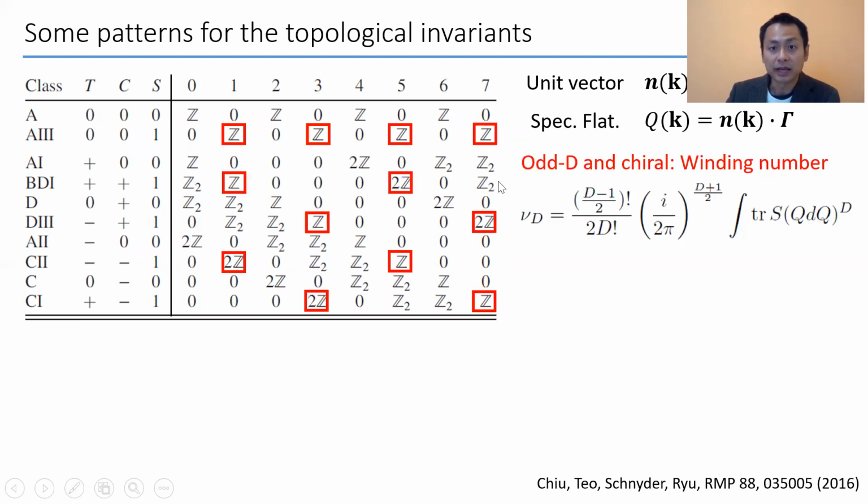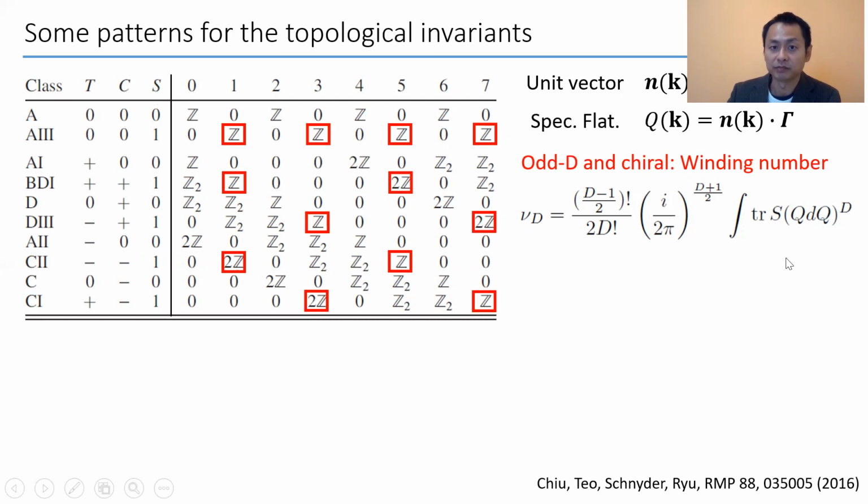Then you look at these cases that are in odd dimension and have a chiral symmetry, let's say S is equal to 1 and D is odd. Then the topology can be described by this so-called winding number, which is calculated from this Q, the spectrum flattened Hamiltonian, dQ to the nth power, and then multiplied by your